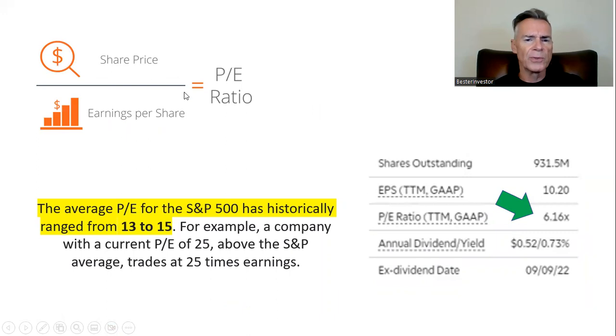Then I talked about the PE ratio, which is about 6. And I've mentioned this many times in videos before, but the PE ratio, the price earnings ratio, for the S&P 500 has historically ranged from 13 to 15. I would always look at the higher end of that guidance in terms of the number that I want to compare with. So for me, just as a benchmark or as a fundamental number that I want to look at, the PE is 15 for the S&P 500 index as a whole. So I want to look at stocks particularly that are of interest to me that have a PE ratio of less than 15. It's not an absolute number, the same way no ratios are absolute numbers, including the current ratio,